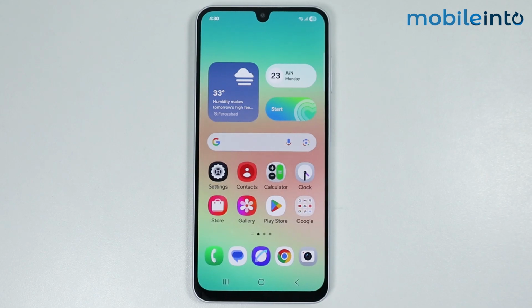Hey, what's up guys? So in this video, we will see how to reset forgotten Samsung account password on any